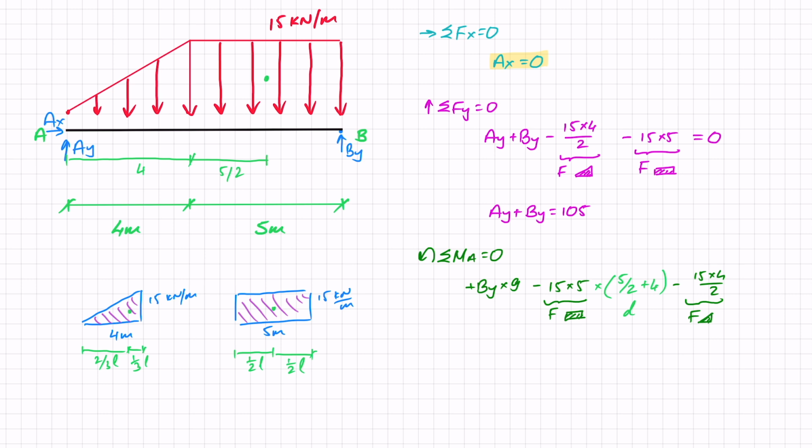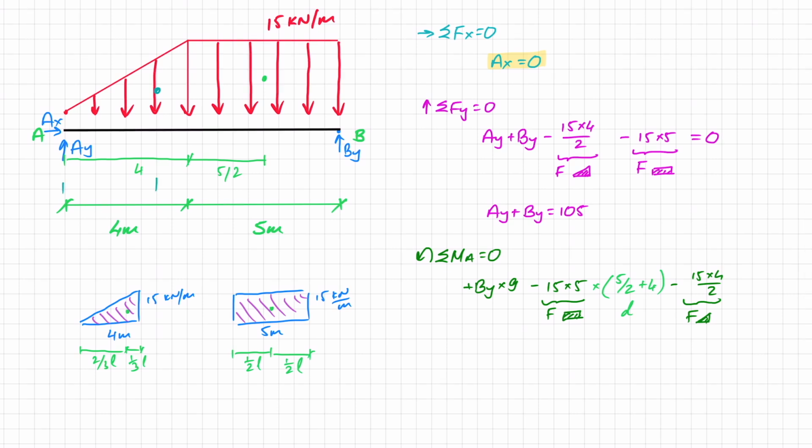And in this case, let's do it in another colour, the centroid is here. It's at 1/3. So the distance is going to be this distance here, and that is going to be 2/3 of the length, 4. So times 2/3 times 4. And all of that needs to equal 0. So if I calculate that, I get 9 BY equals